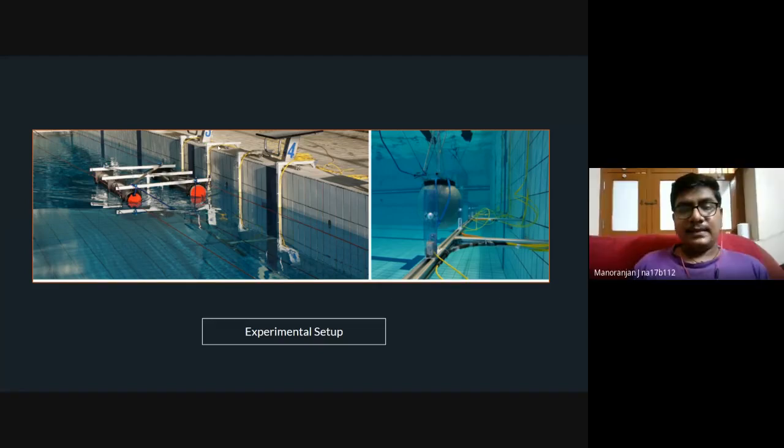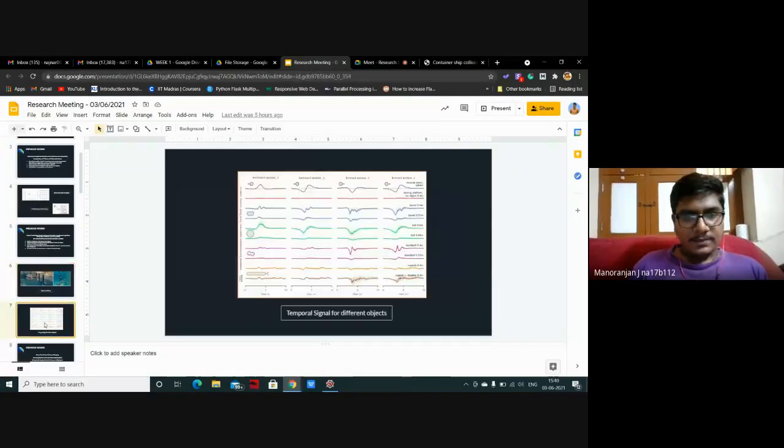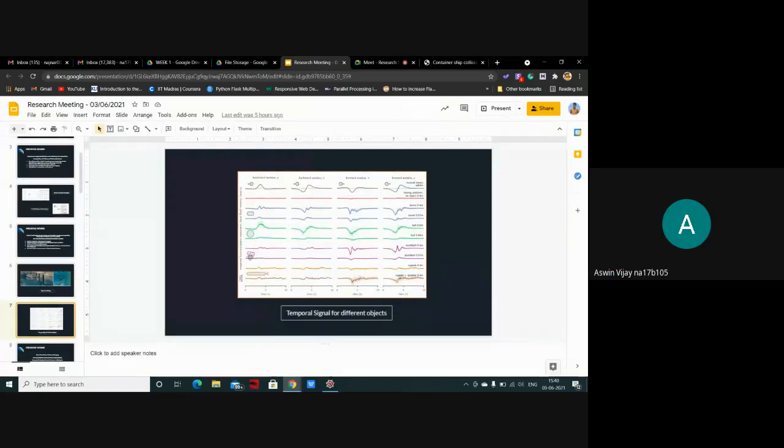In this particular research paper, I'm not entirely sure, but they have taken symmetric shapes only. But in the case that we are trying to solve, it need not be symmetric. No, but I don't think all their shapes are symmetric. One of the shapes is not. Otherwise, you would need to put some sensors on both sides.